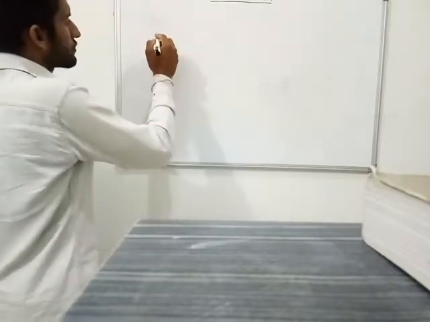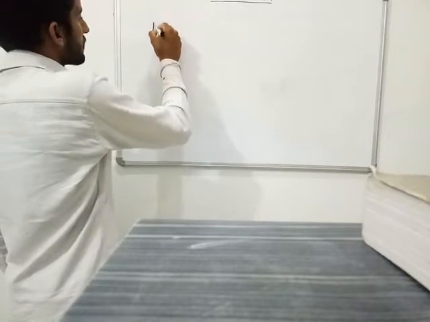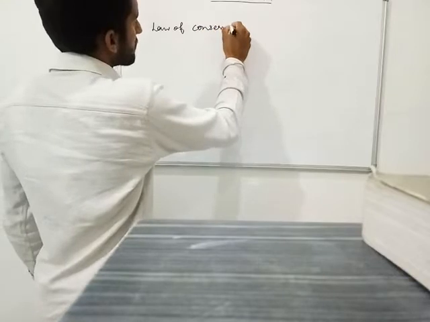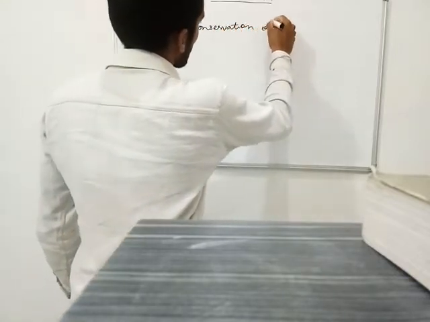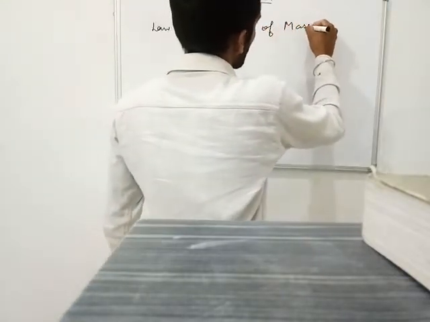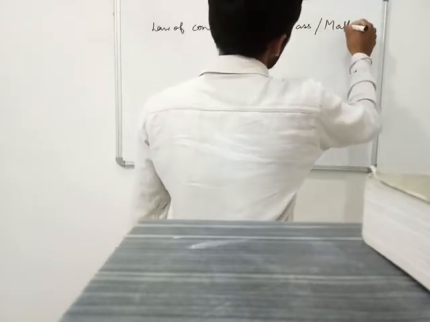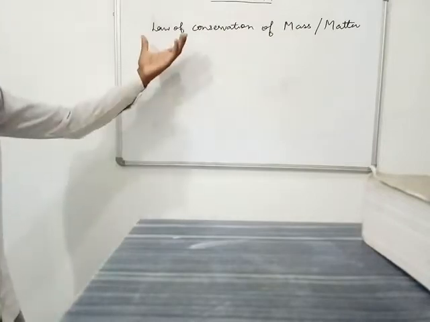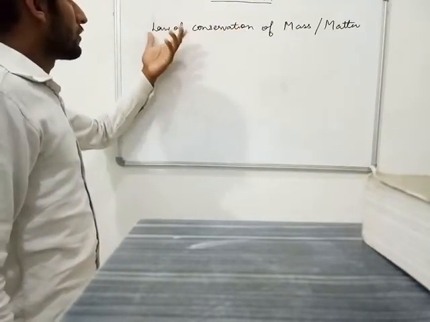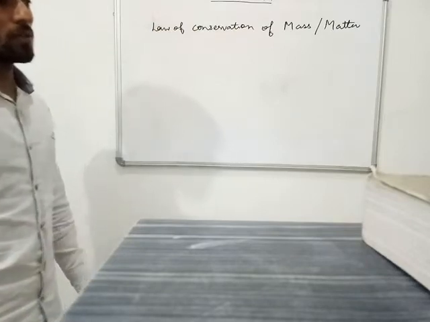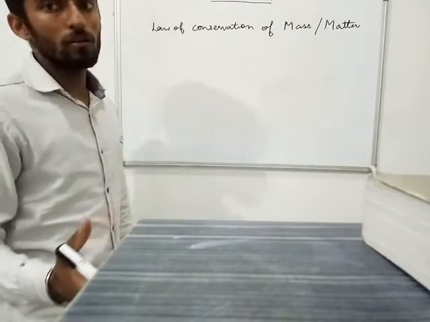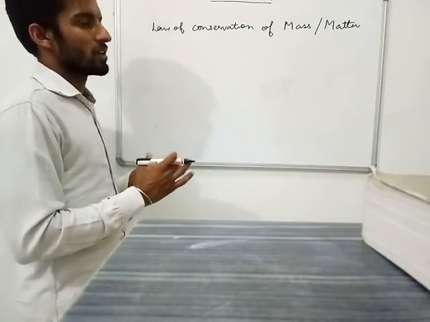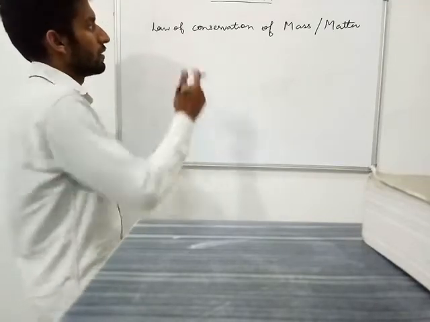Okay. Now, the last topic of this chapter is the law of conservation of mass. Sometimes it is also known as the law of conservation of matter. Conservation law, some different terms. Law, principle, not the school principle, but a simple standard guideline which has been set up by someone.